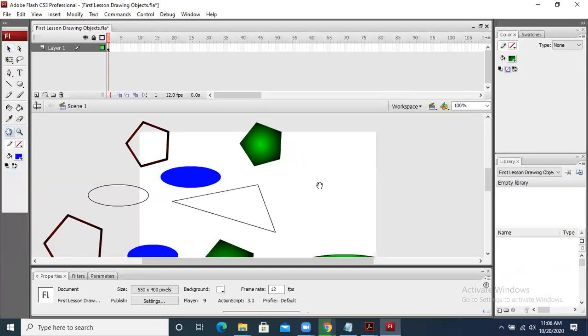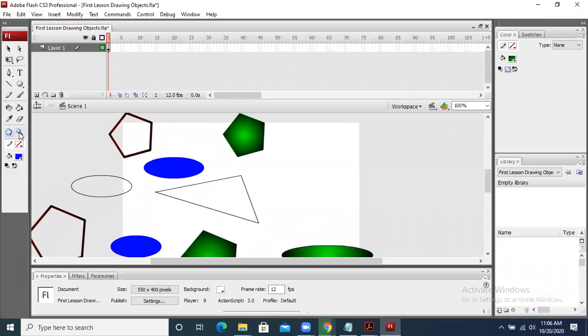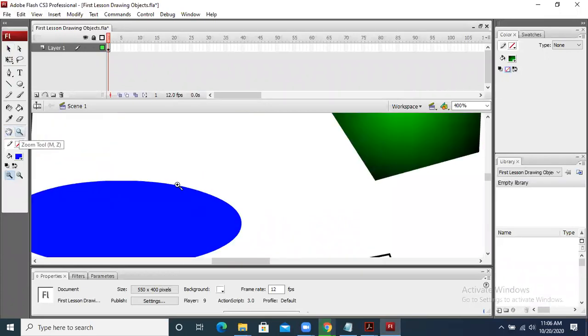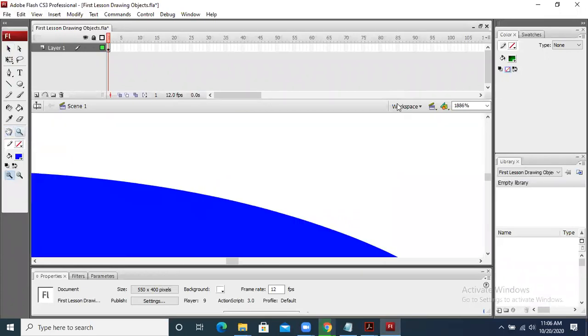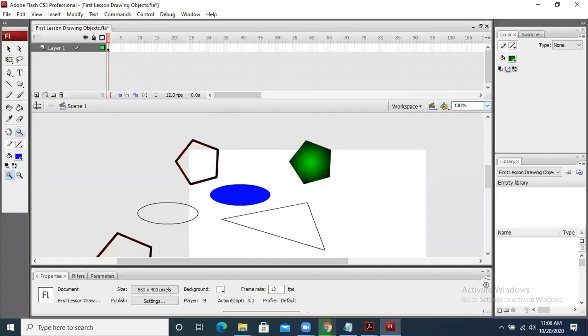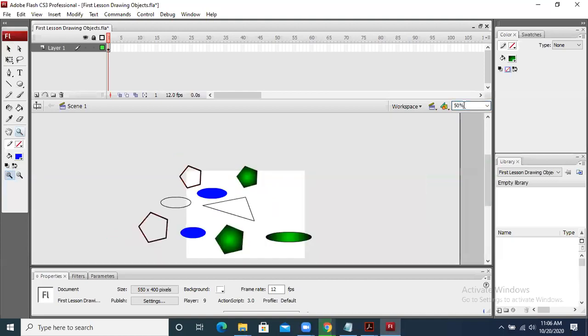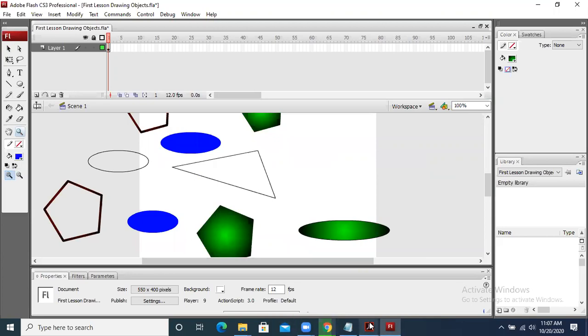When you take the hand tool, you can move the stage here and there. Using the zoom tool, you can move inside an object to see it in more detail, nearer. If you want to change it to 100% again, you can bring it from here. You can even minimize it by writing 50% over here, so you will be able to see this. Fine.